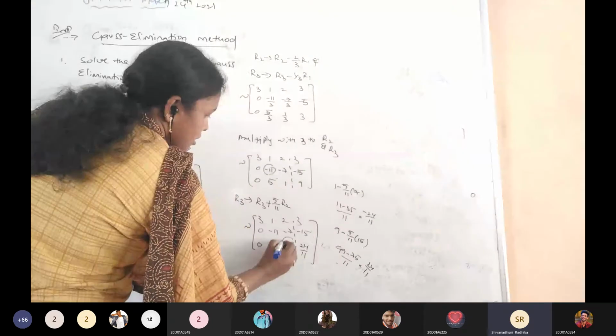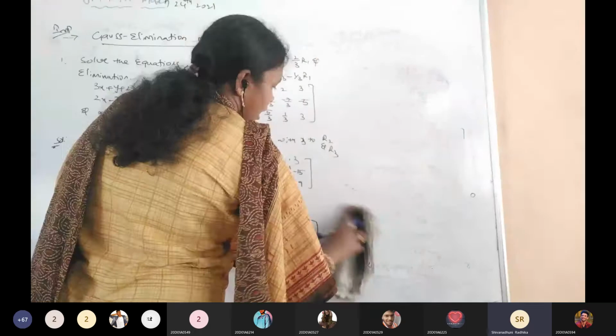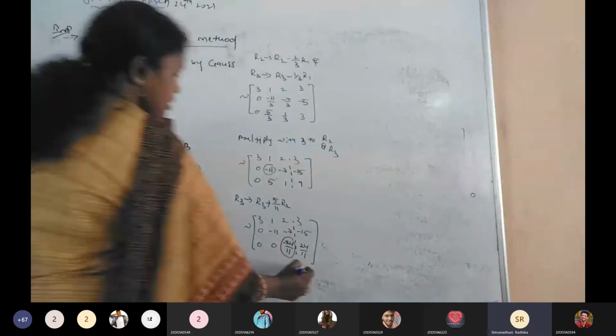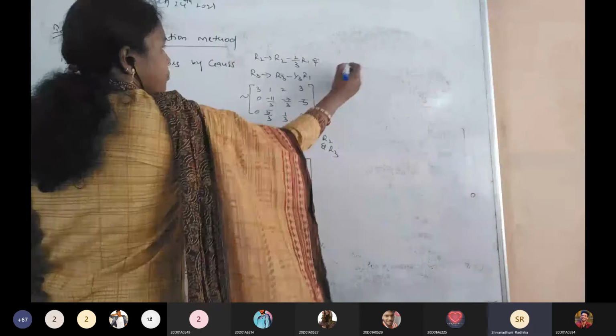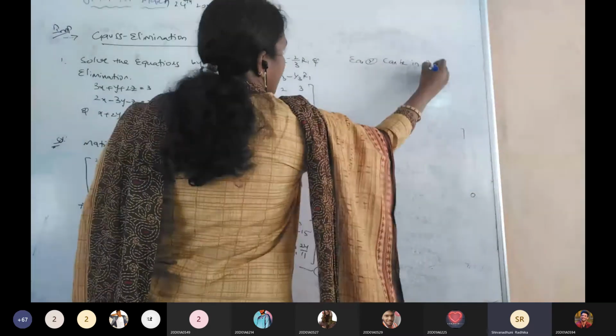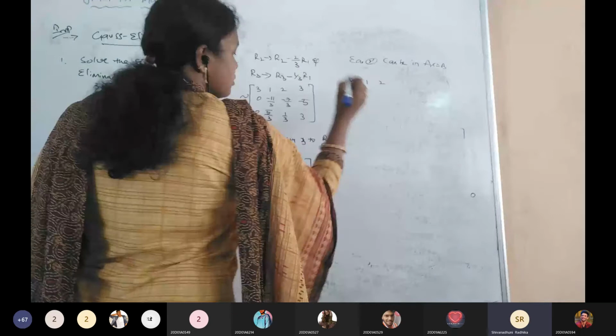Now select the third row, third element be the pivotal. So we don't have any succeeding rows. Then stop the procedure. That is the echelon form. Again say this is equation number 2. Equation 2 can be in Ax equals to B, we have to write. So that is what? 3, 1, 2 and